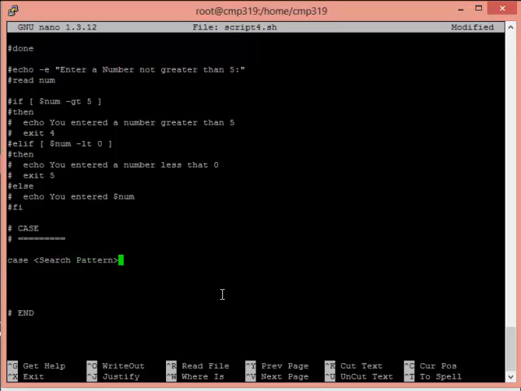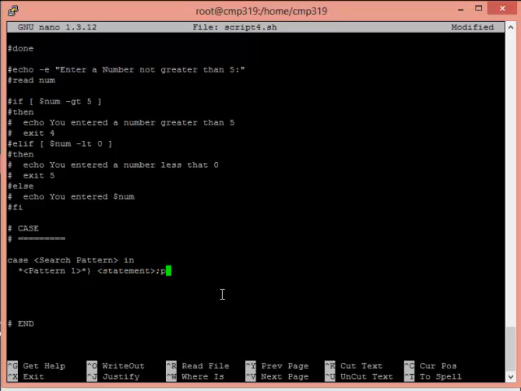Then in, which is a keyword, and then somewhere here you start specifying how you want to tackle that. So this is going to be a place for pattern 1. So if pattern 1 is true, then something happens here. Let's say condition, let's say